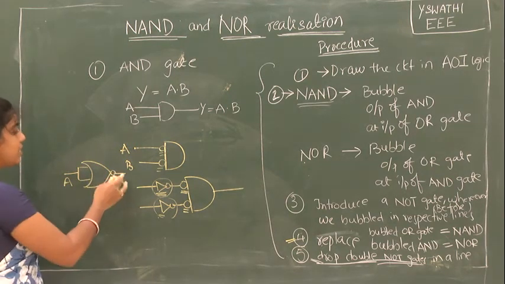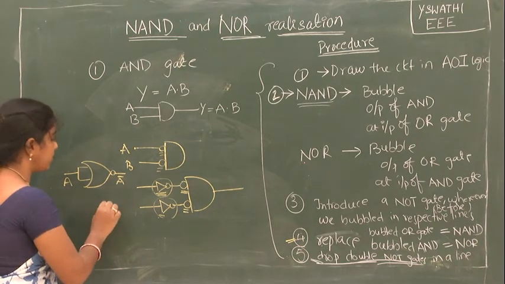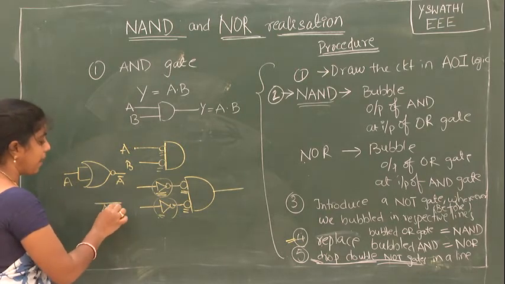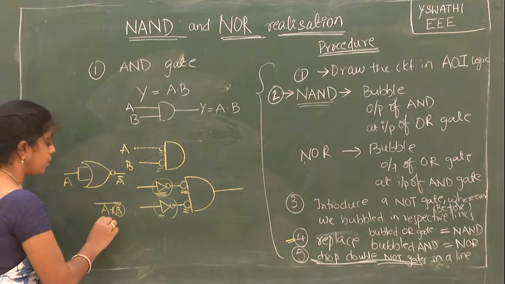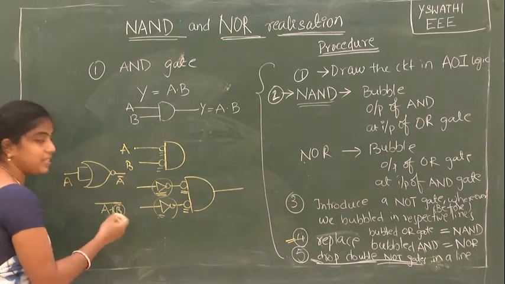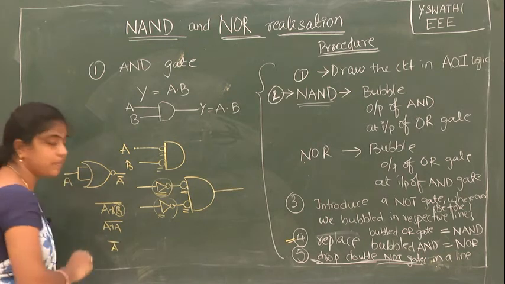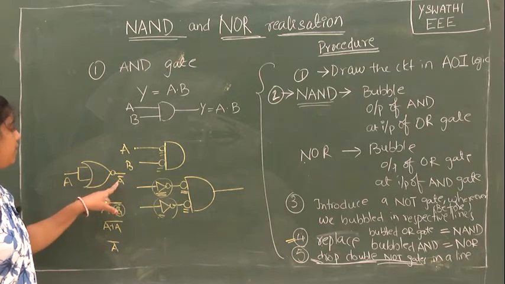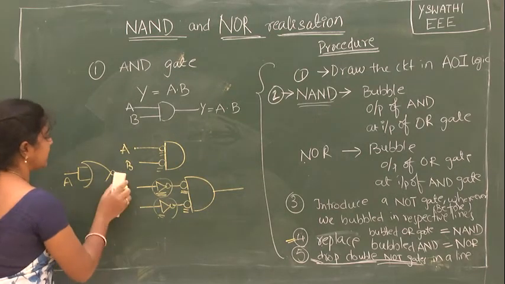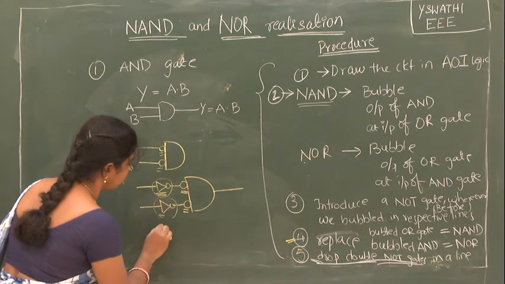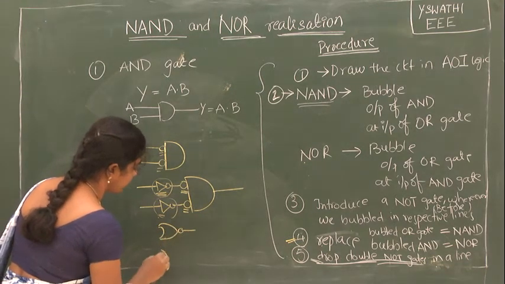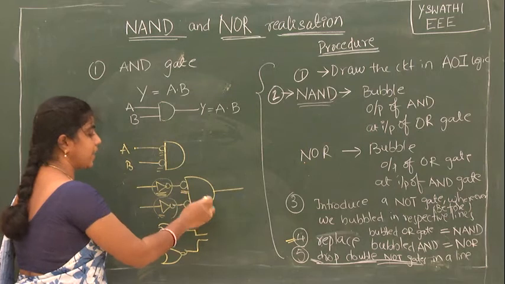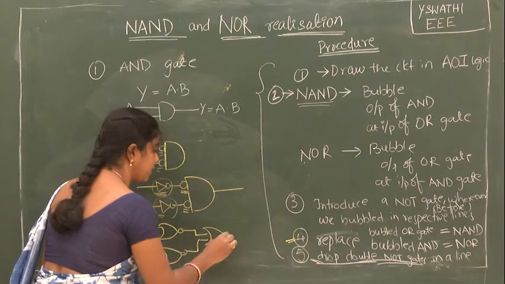What is the output of the NOR gate? It is nothing but (A plus B) whole bar, right? In that, I am having the second input also as A. So what happens? (A plus A) whole bar. A plus A is nothing but A itself, and whole bar. So giving the same input at the input of the NOR gate will act as an inverter. So each inverter can be replaced with a NOR gate, and the bubbled AND gate can be replaced with a NOR gate.